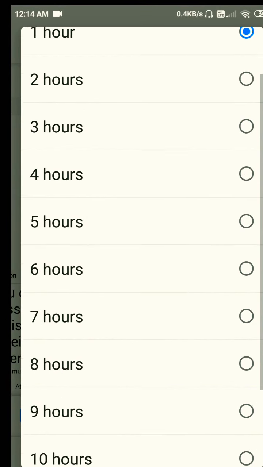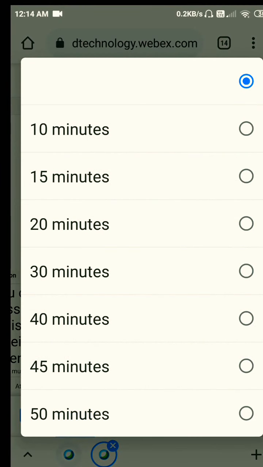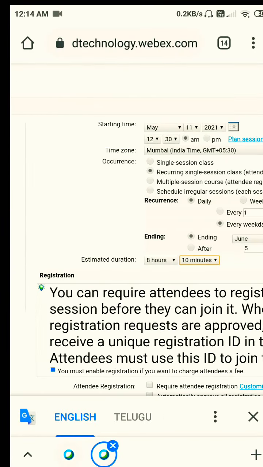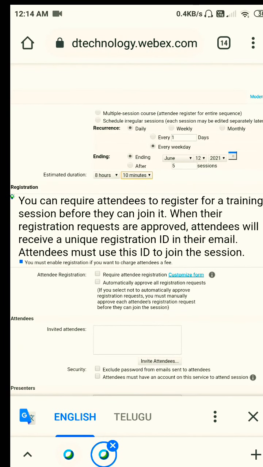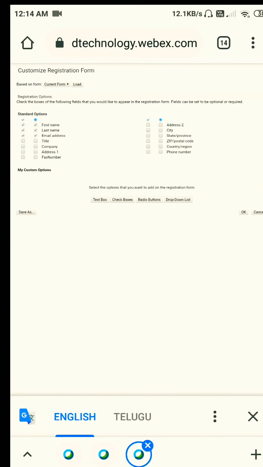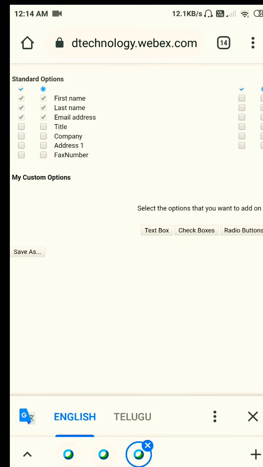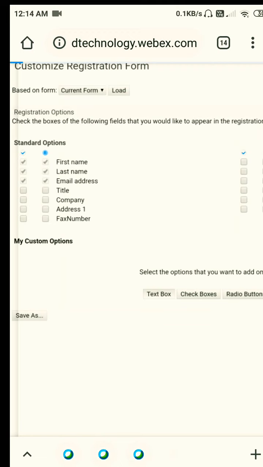After that, the college timings are 8 hours, so I'm giving it as 8 hours and a grace time of 10 minutes. After that, attendee registration for the students, like the PIN number, can be given here. For that, there is a text box, right?